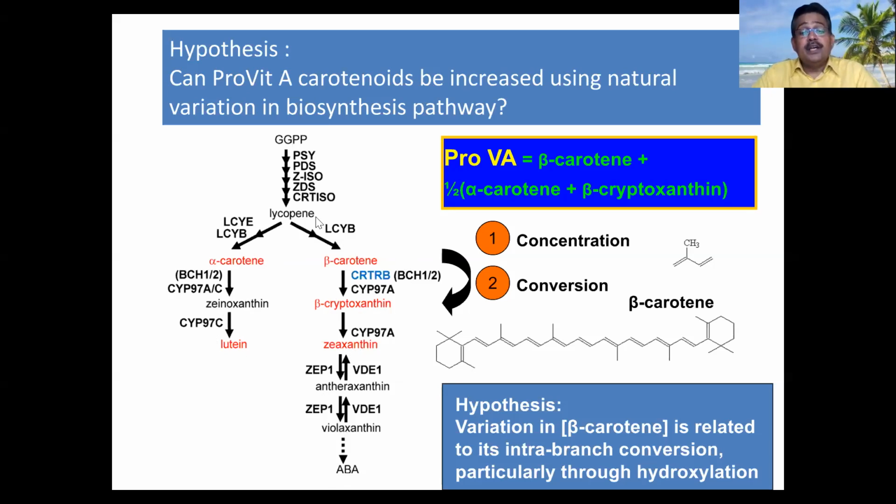So what we are looking at in this pathway starts from geranyl pyrophosphate to lycopene and ends up with ABA, and lutein. This pathway occurs in the maize kernel. What we are going to see is that there are mutant lines. There are two possibilities by which we can increase beta carotene. Either you can block this pathway, lycopene to alpha carotene, then we can increase the flux and increase the synthesis of beta carotene.